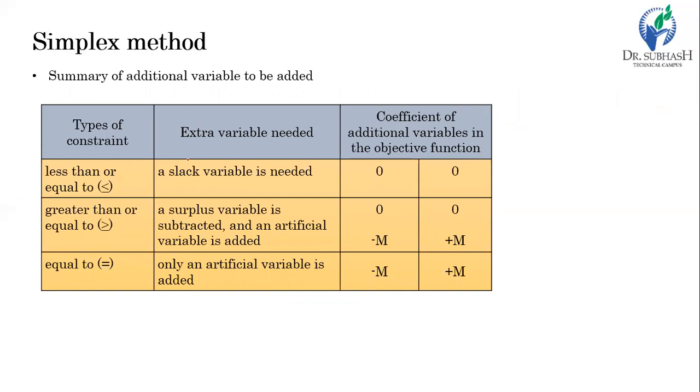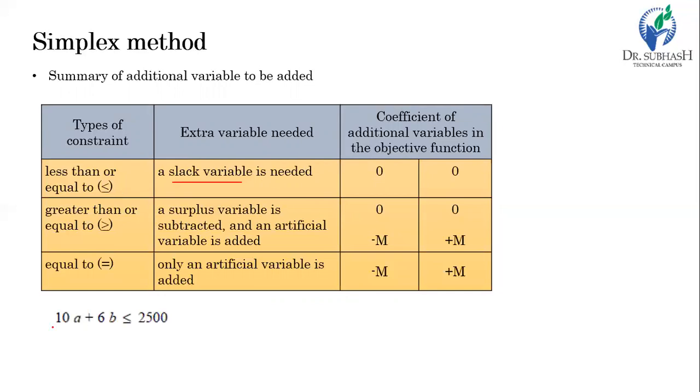So here the type of constraint given is either less than or equal to, greater than or equal to, or equal to type constraint. When you convert a less than or equal to type into equation form, or remove the inequality sign, then you have to add a slack variable, which is generally called s, and the number is given as per the requirement: s1, s2, s3, and so on. So this is the slack variable. S1 is added whenever it is given in the less than or equal to type form.